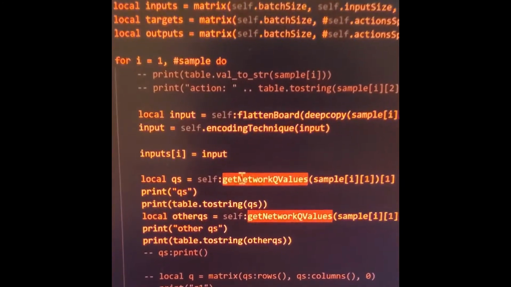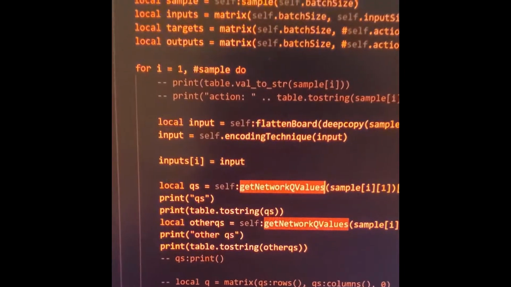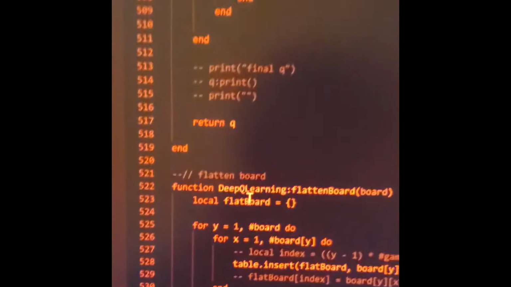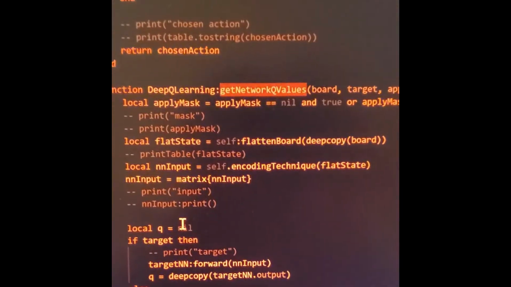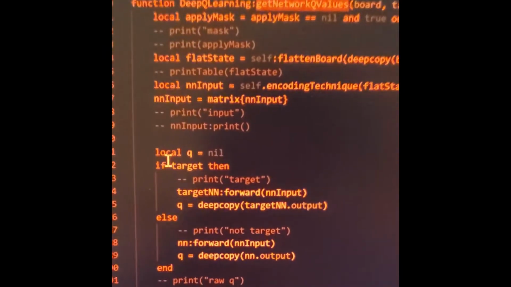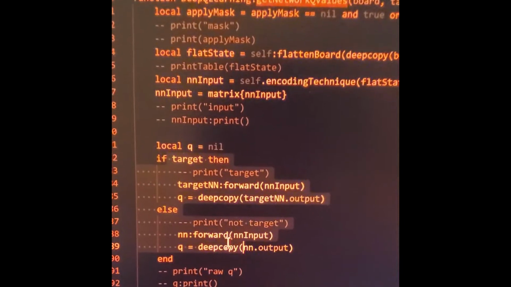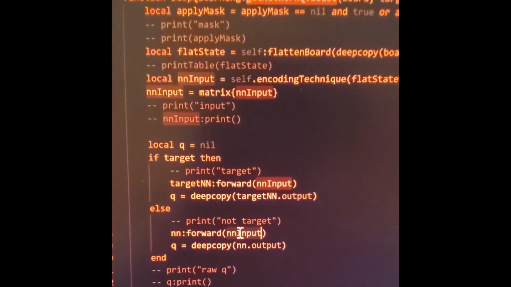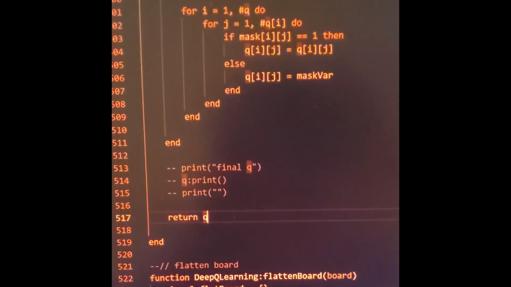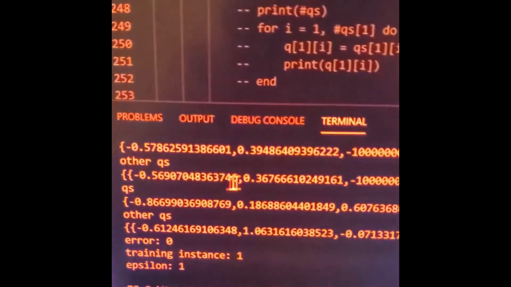If I go down to the actual function itself, it doesn't really tell me much, because it just spits out a Q value. So if you go to the top, here's the function, network Q values. Basically, it calls the neural network, feeds forward the input that it gets, applies a mask if needed, and then prints the Q values. My assumption is that these are all just Q values, and this output kind of proves that: Qs, just a list of Q values.